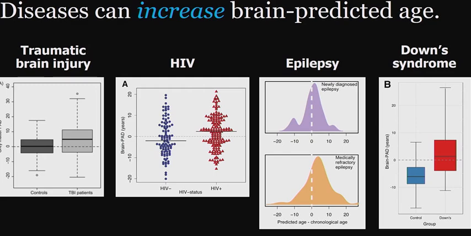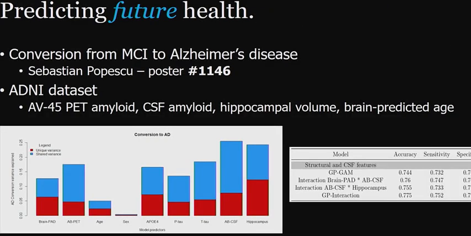and with Down syndrome. But what's particularly interesting for me is that we've looked at this in the context of predicting future health, so not just cross-sectionally, but using longitudinal clinical data. So this is work done by my PhD student at Imperial College, Sebastian, who's got a poster on this, and he did a talk earlier in the week, where we've taken brain predicted age and we've combined this in the ADNI dataset with a range of other biomarkers, and we've looked at predicting conversion from MCI to AD over the